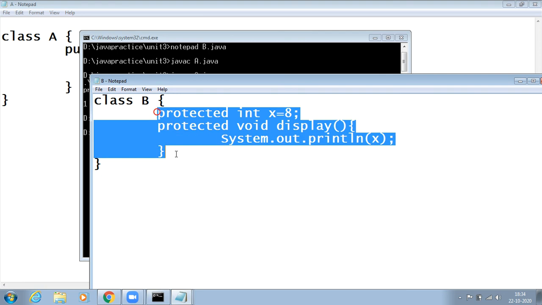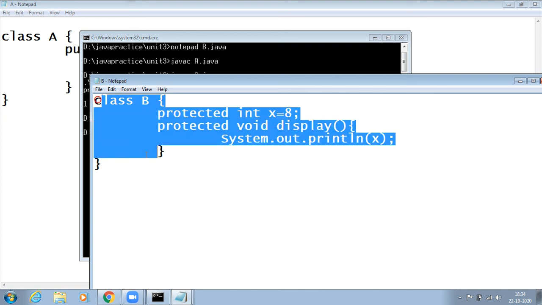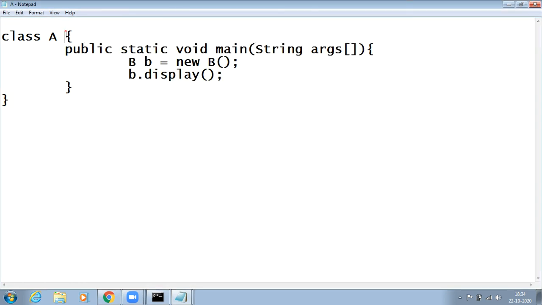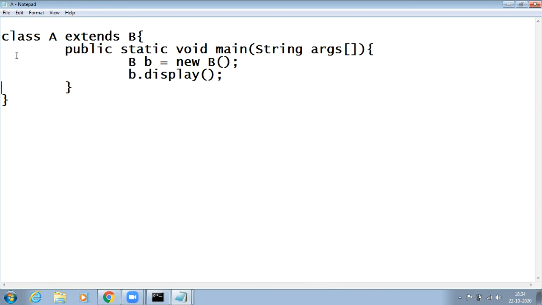but protected again won't work in another package. If you give protected for B, if A is in one package and B is in another package, then if you give protected for B, it will again show an error. How can we overcome that error? There is only one thing, we have to say class A extends B. When A and B are in an inheritance relationship, then I can access B even though B is in another package.